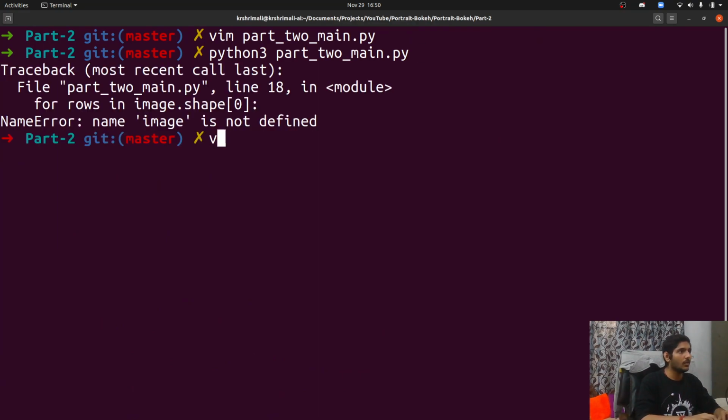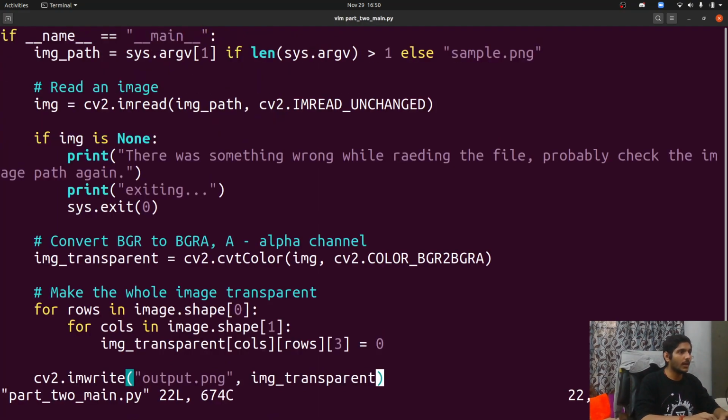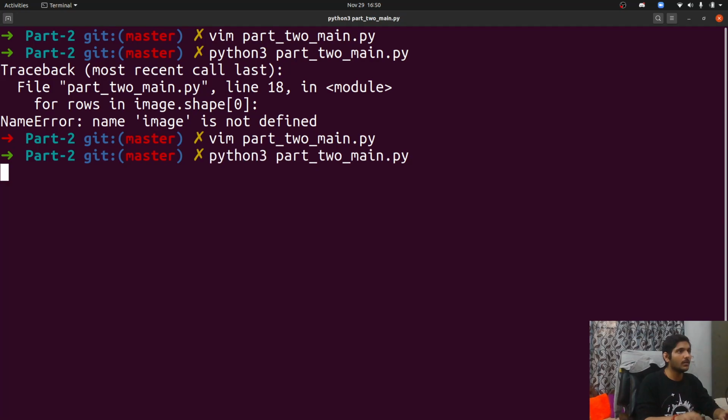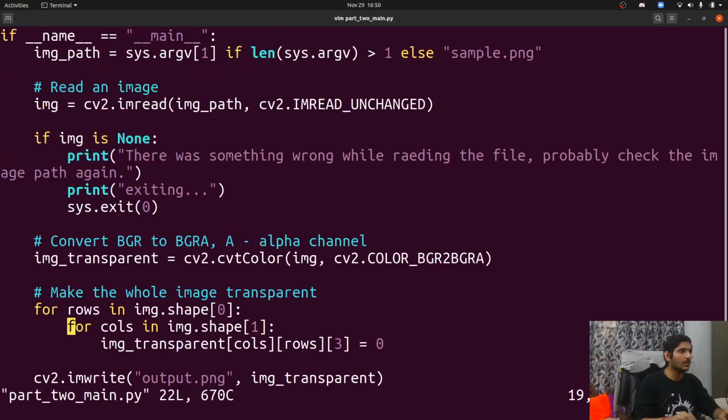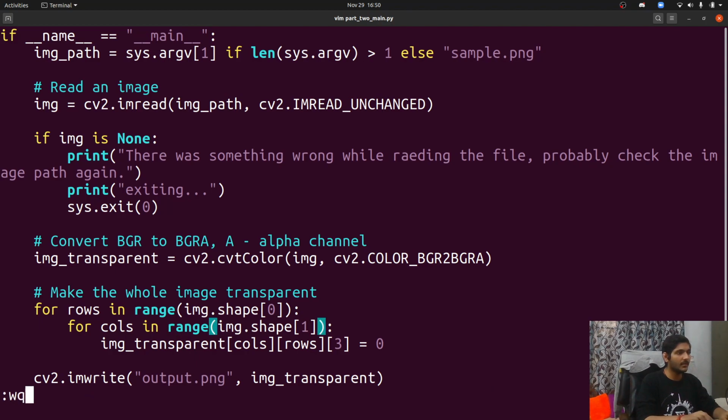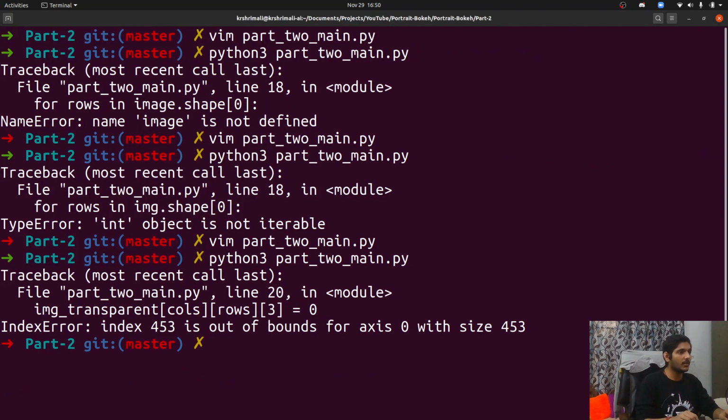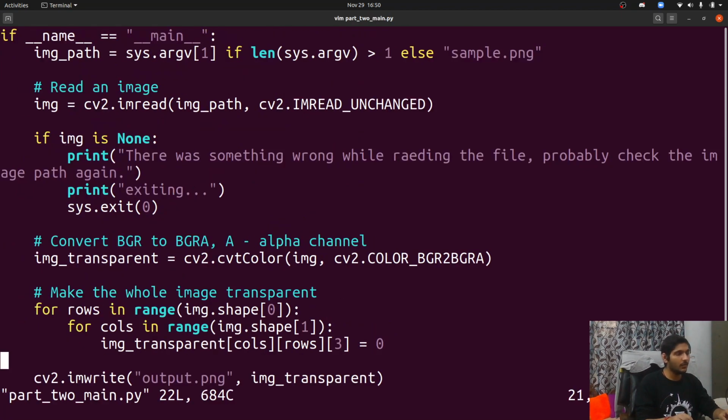Okay, all right. I can just convert this to, okay, just a small mistake, guys. So here what you have to do is do range. That is it, and let's try to run this thing. Okay, so I was wrong here. So it will be rows and columns because it takes the y coordinate first.